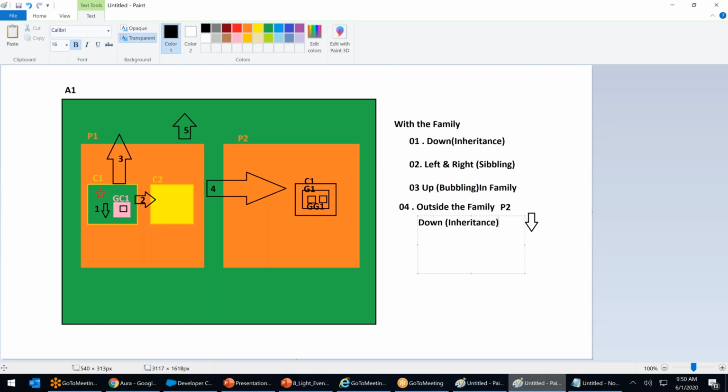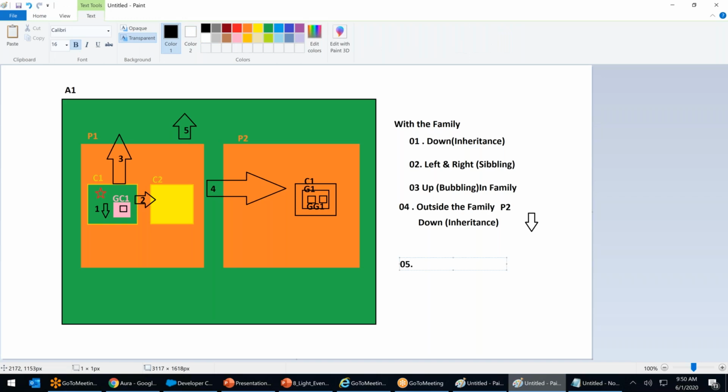In P2, the C1 message will be seen immediately, then the G1 message, then the GG1 message. It will go down. Once this whole P2 family is over, next,